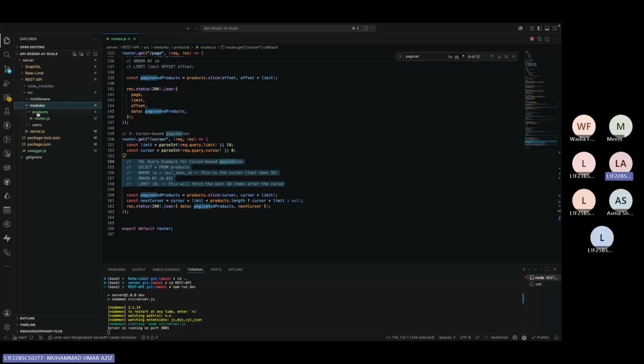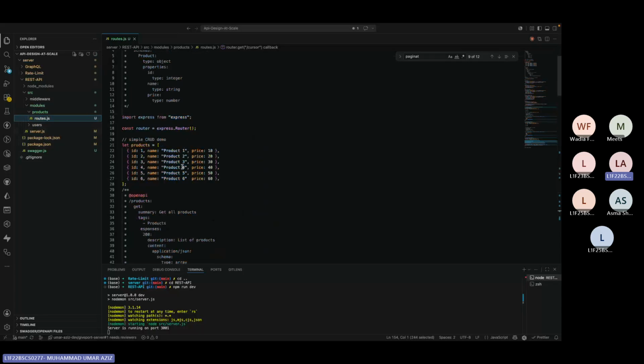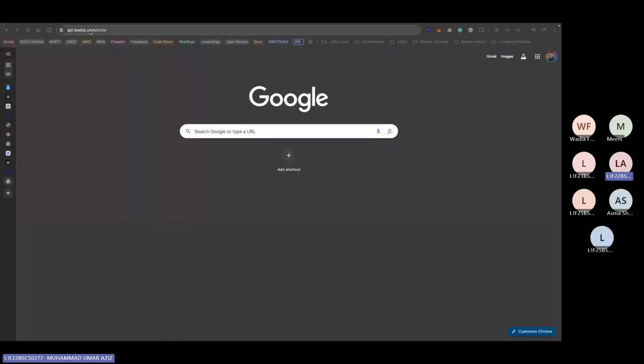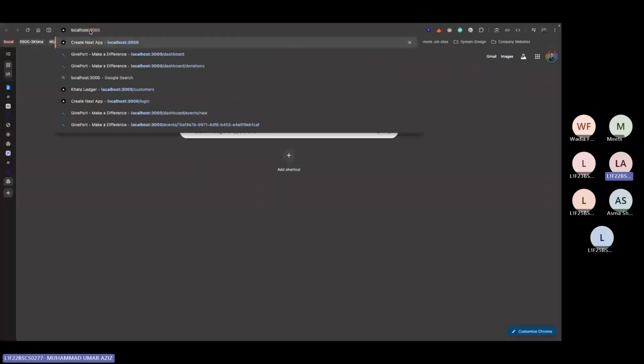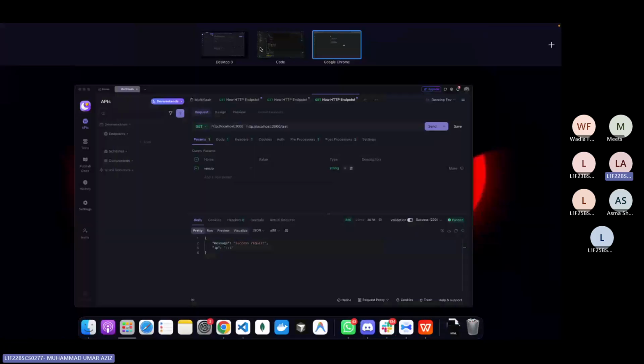I have the module resource of products. So here I have different kinds of endpoints. What I want, before even implementing the logic, is to tell my client that this is exactly what I am going to design. So take it and implement the client side accordingly, and I am going to implement the development side, the business logic side. So let's have a look. So what I just did is